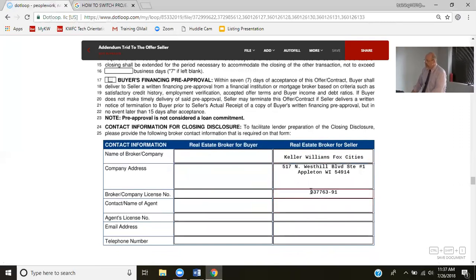Contact name. So you put your name here. Thank you. Agent license number here, email address, and your phone number. Fill out that section completely. And then I would definitely upload this to the MLS, just like you would your real estate condition report and